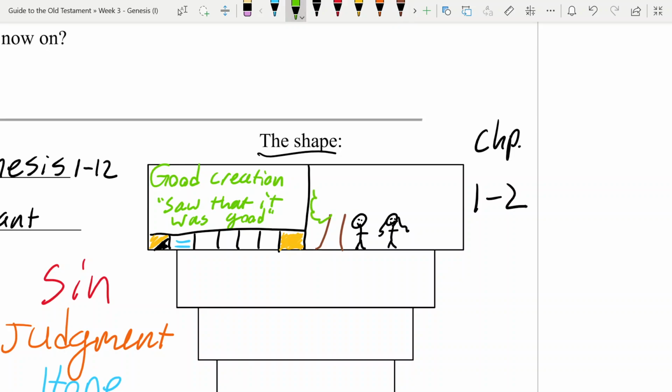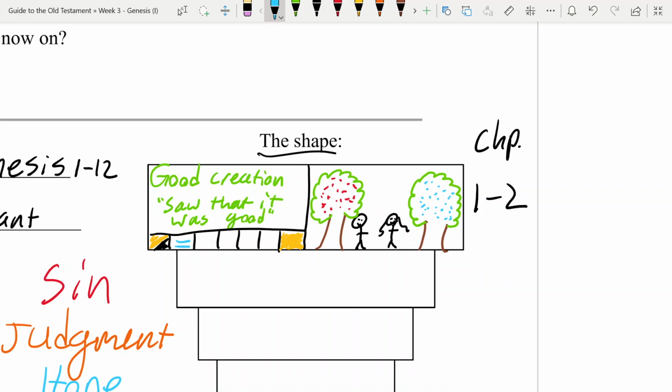And within the garden, there are lots of animals and plants, but most specifically, there are two trees, which I'm sure you've heard of, that are very important to the story. They're the tree of life and the tree of the knowledge of good and evil. Now, the tree of life, what it does is, if you eat from some of its fruit, you're granted eternal life. You get to live forever.